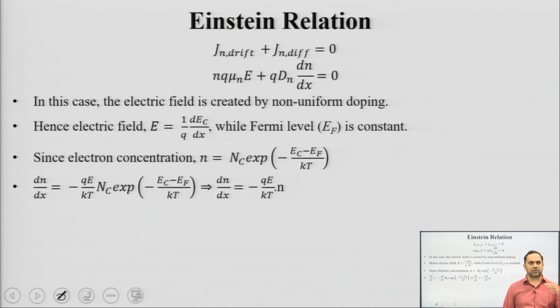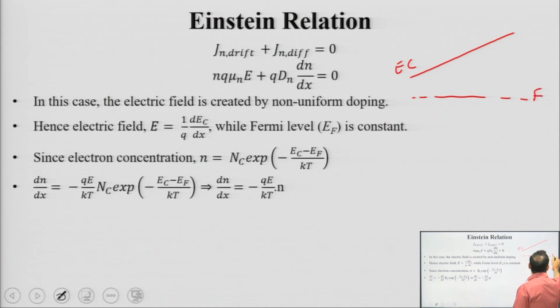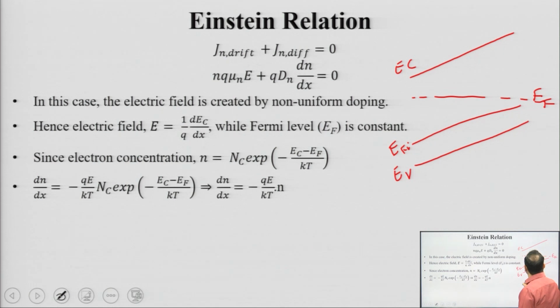So, your conduction band energy level, valence band energy level and the intrinsic Fermi energy level are going to have a certain slope like this. If this is E_c, this can be your E_f, this can be E_Fi, and this can be E_v. Here this is your region 1 and this is your region 3. You have a lot of electrons here and fewer electrons here. So, E_f is closer to E_c here, and farther away from E_c here.